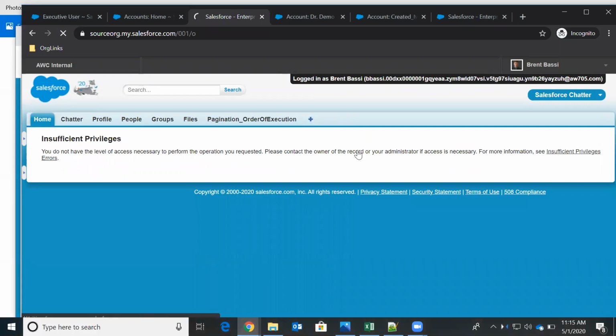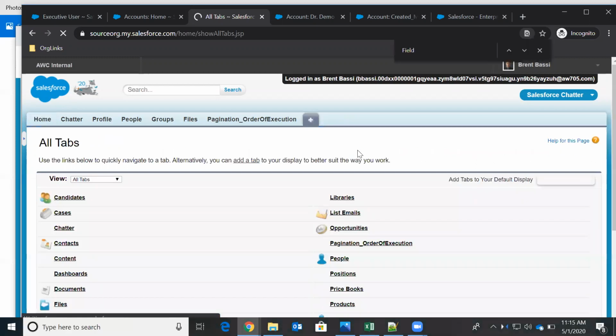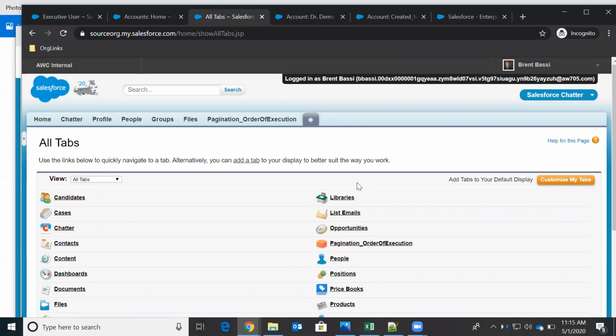The tab will also be removed, because you need at least read permission on an object to see it. So the account tab is hidden because we don't have read access.